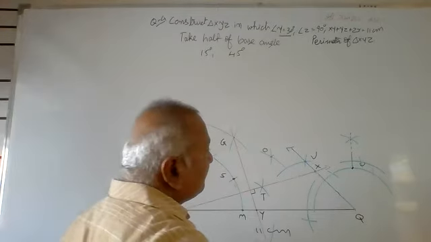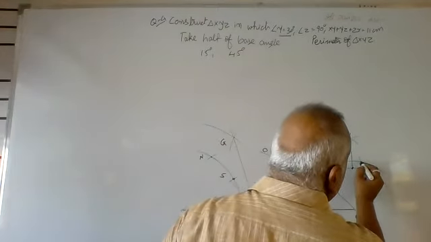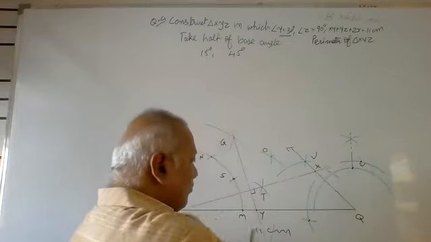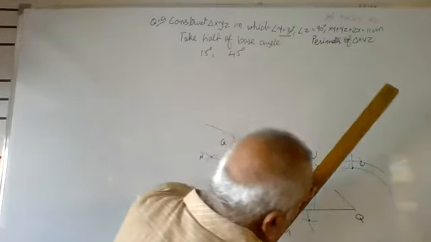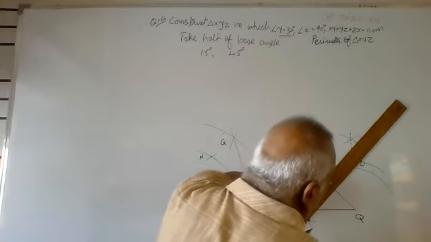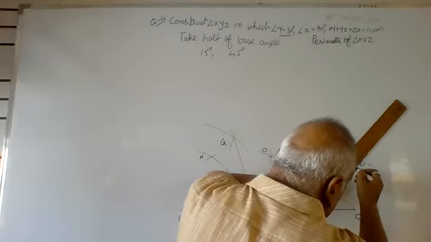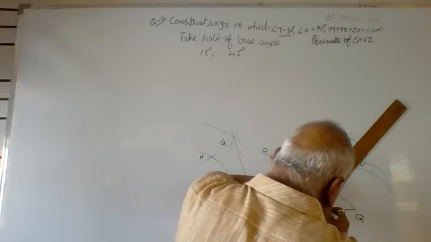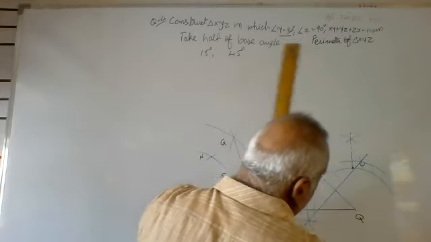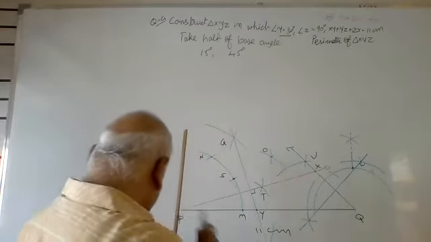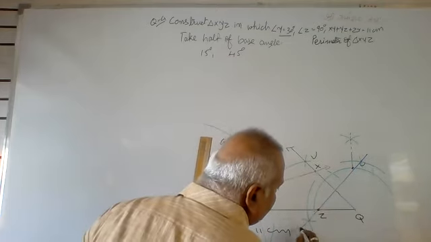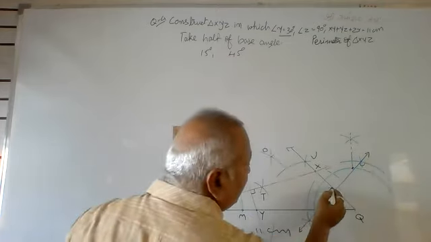First I will give names. Here it is a point and here it is a point. I will join these two points and draw the perpendicular bisector. You can see I joined these two points, so that this line will meet line segment PQ at Z. Here it is Z. This line is the perpendicular bisector.